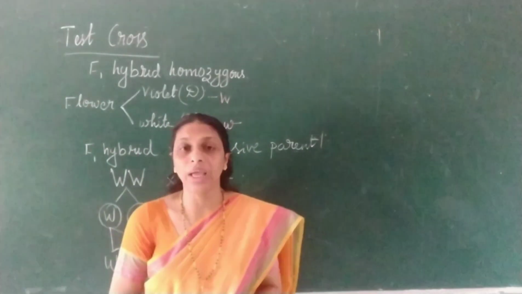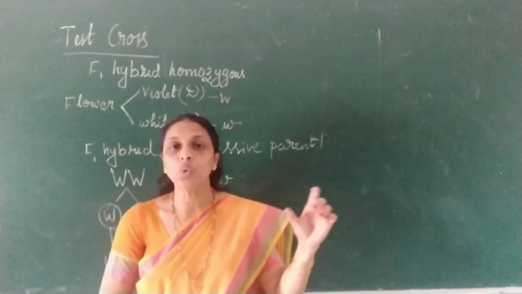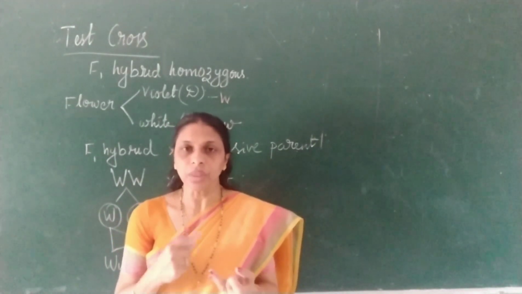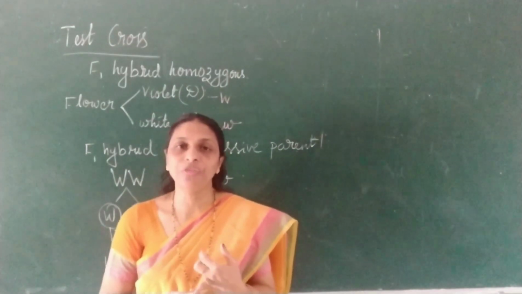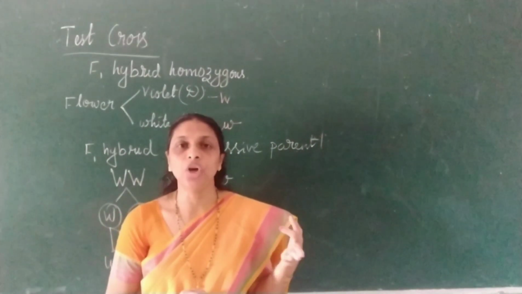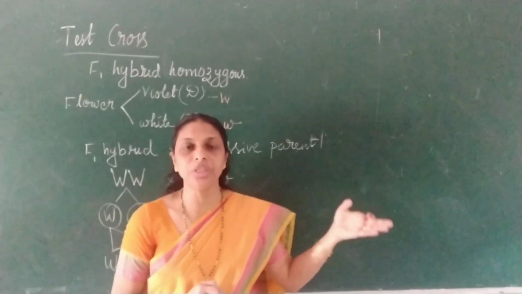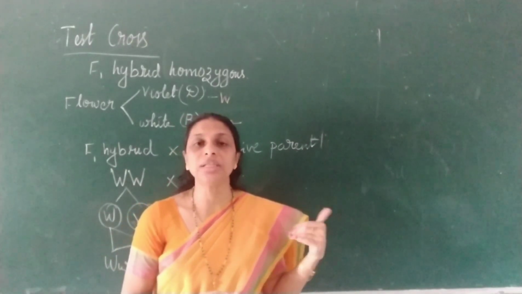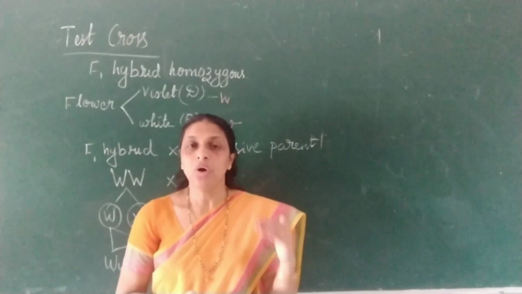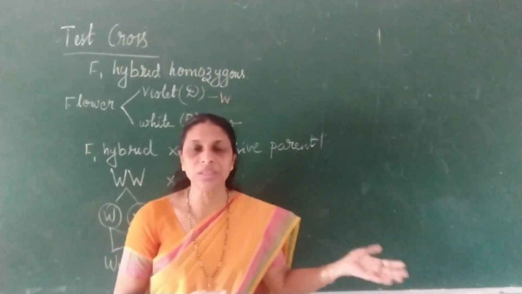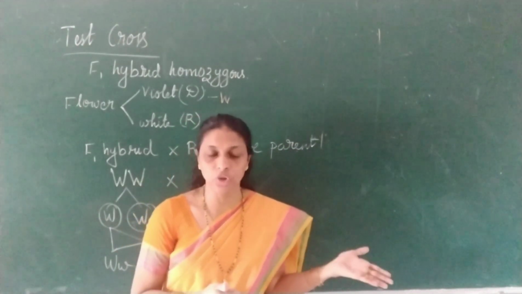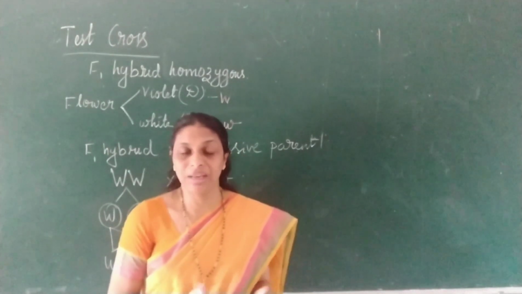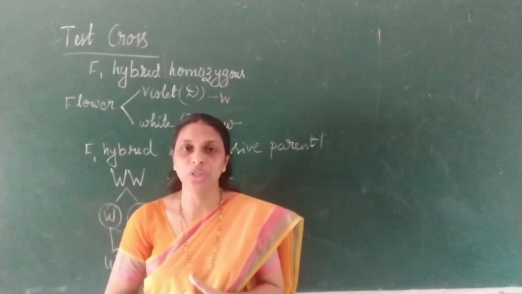So what we have discussed today, you may get a 2-mark question. Write the conclusions drawn by Mendel from his monohybrid cross. The second question, explain or state law of dominance. Third question, state law of segregation or law of purity of gametes. The fourth question, what is a back cross and what is a test cross? Now, next question. All test crosses are back crosses, but all back crosses are not test crosses. Justify the statement. Then, what is test cross? What is its significance? Write the schematic representation of a test cross.